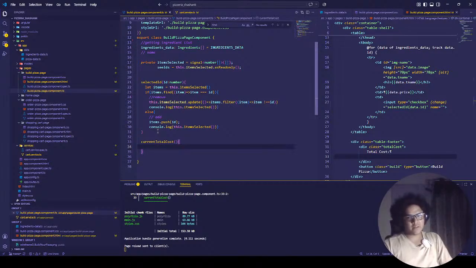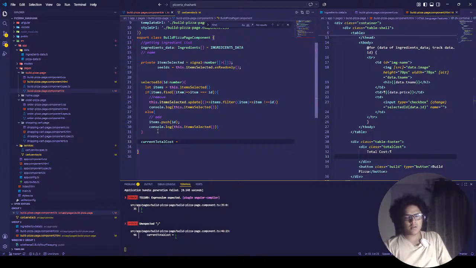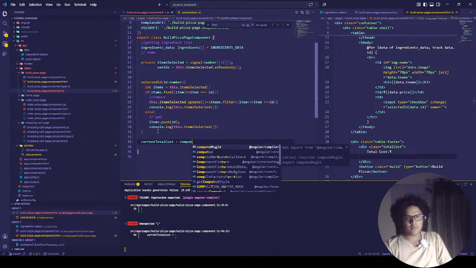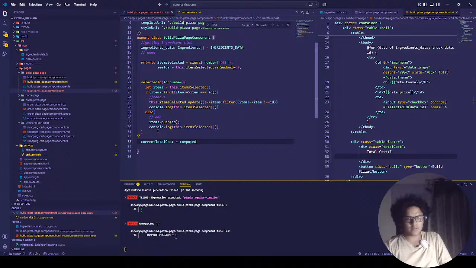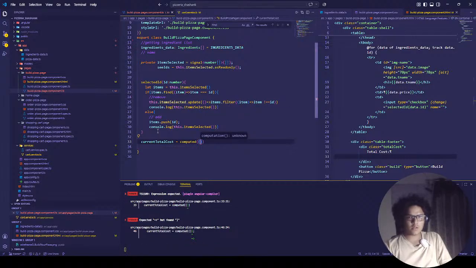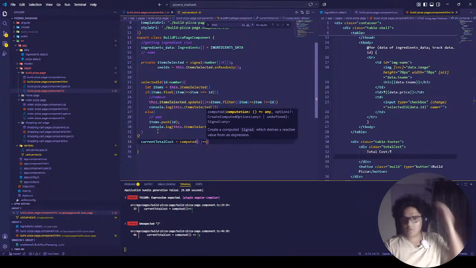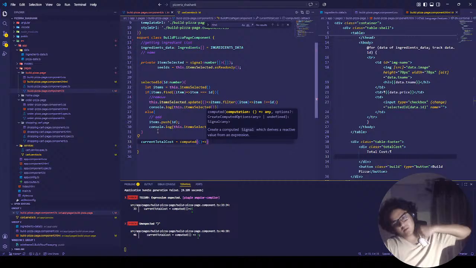So definitely we are going to use computed. Okay, why I put it as a signal? Oh, sorry. We can put it as a variable and send things in it. And it's a variable and we are going to put computed. Inside computed, do we want to give anything? No. Now inside computed, what we want? We want that from every iteration